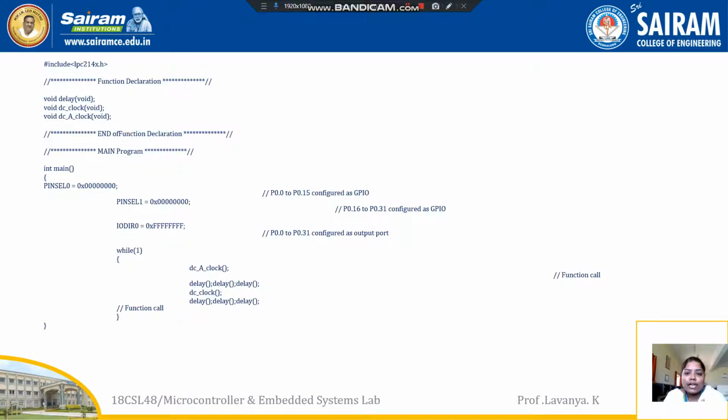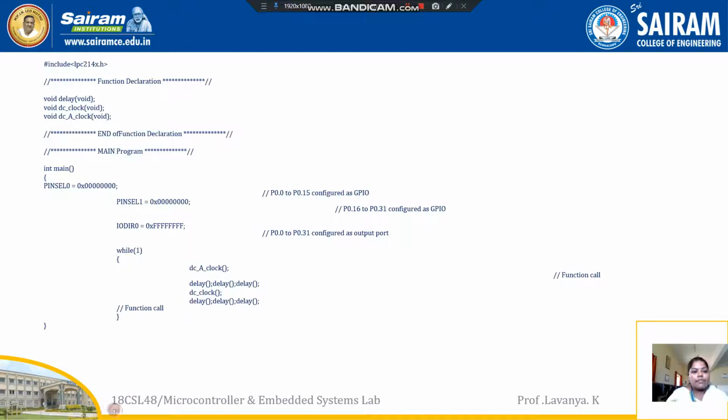Usually, as in a stepper motor, we have different types of command words that contain many alternative functions. For example, pin selection 0 contains the first alternative function, pin selection 1 contains the second alternative function, and pin selection 2 contains the third alternative function. It is nothing but 00, 01, 10, 11. Like this pattern it is going to work on the motor.